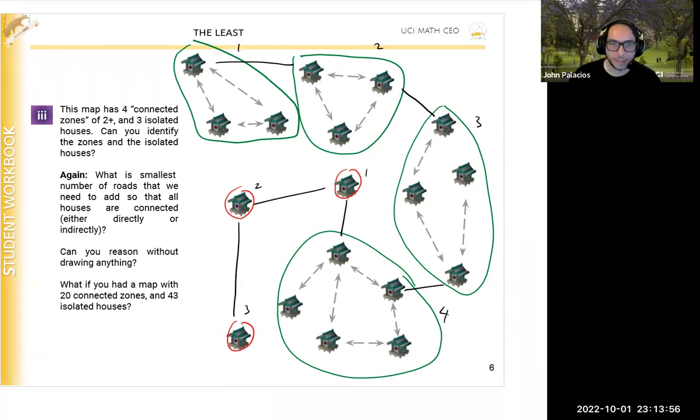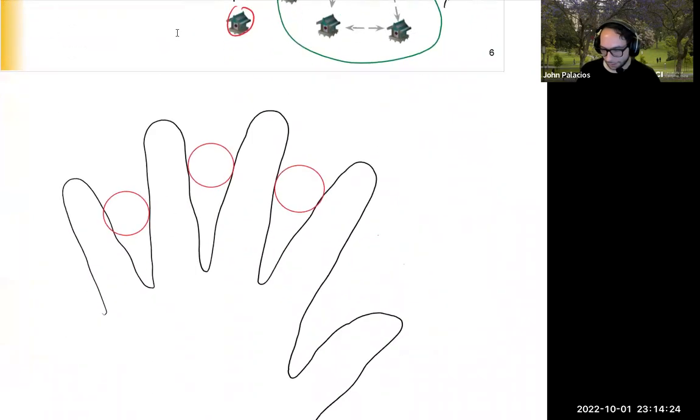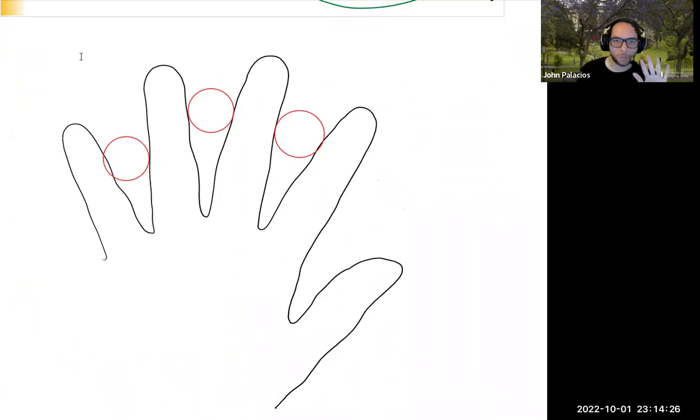So again, maybe count the number of roads, say how many is that? And then there's a bonus opportunity here. We can learn a little bit about a field of mathematics called combinatorics, which is really just a fancy word that mathematicians like to use for counting things. Another example of this is a really simple problem. Like, for example, if I hold up my hand